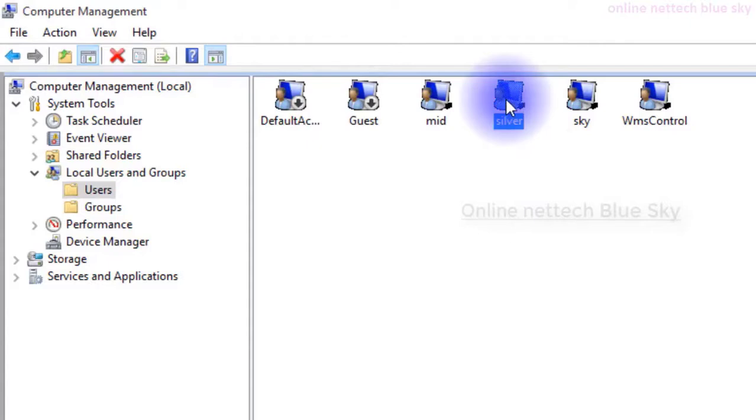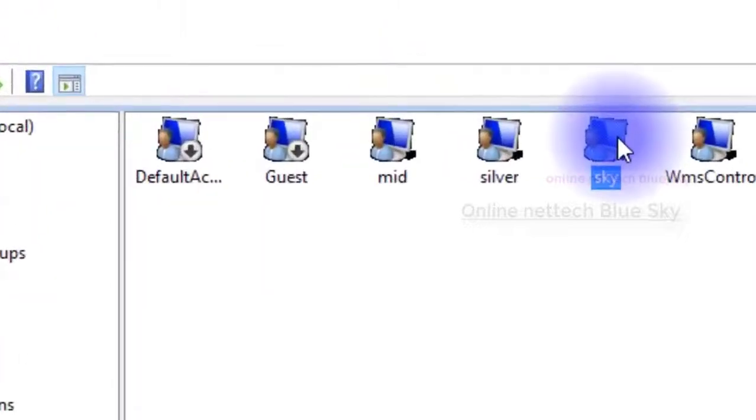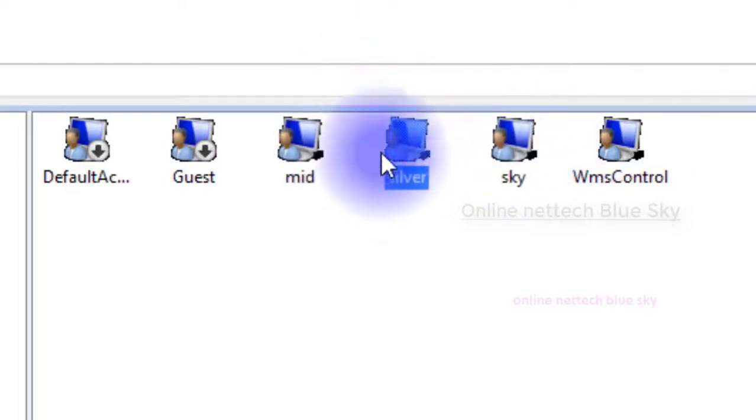Okay, so you can see the sky type and the silver type and different services in your computer. First we are only going to talk about the silver type, the man and working employee with my computer. I never give blue sky, oh sorry, my meaning is sky user means administrator user. I never give this username and password of the main administrator account.